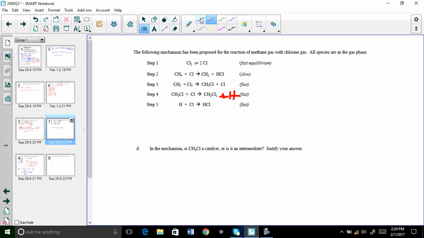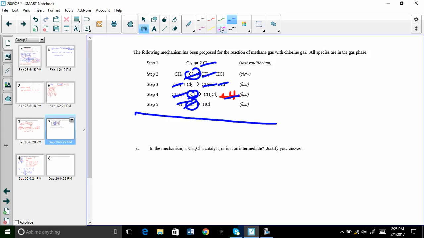Otherwise, let me go to blue. I got 1 Cl, 2 Cl, 3 Cl on the left, 2 Cl, 3 Cl on the right. All of these are going to cancel. And then I have CH3 on the left and CH3 on the right. And this cancels this, and this H cancels this H, which is very important because